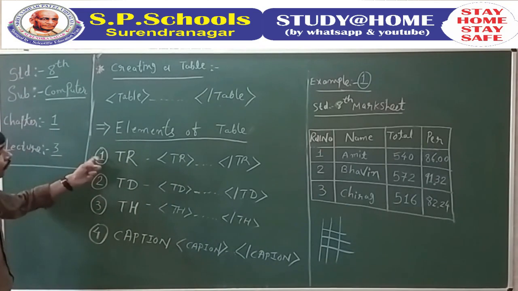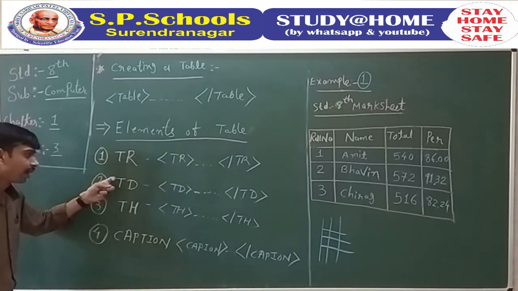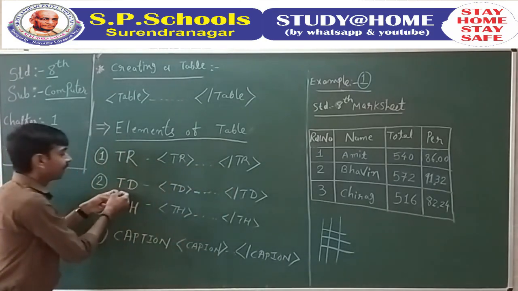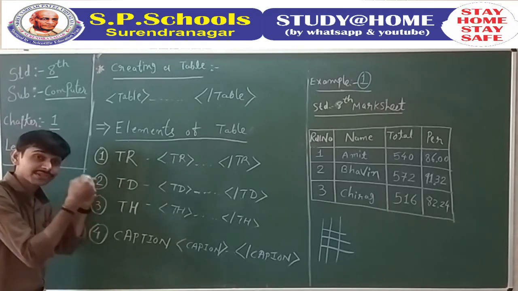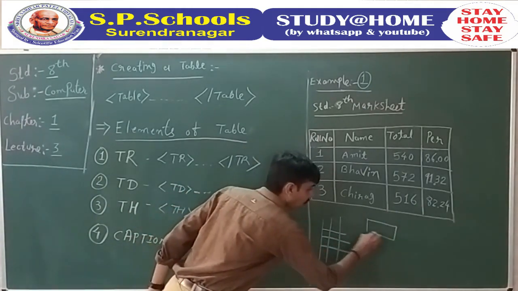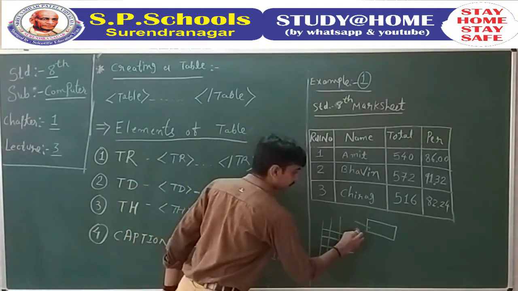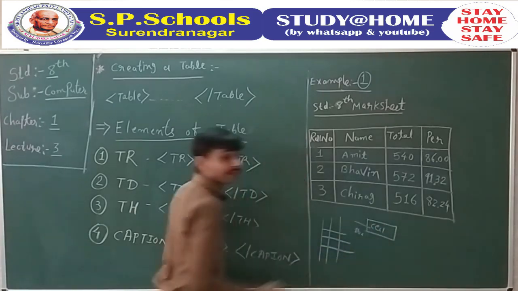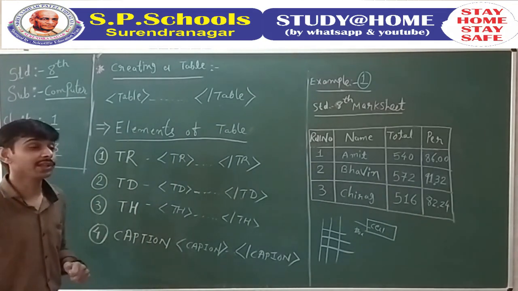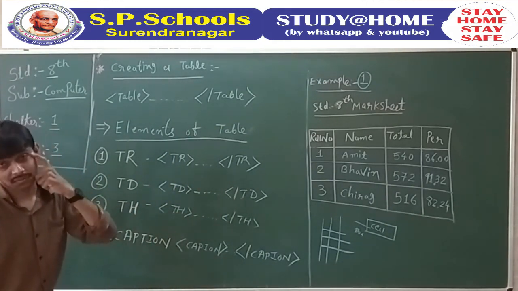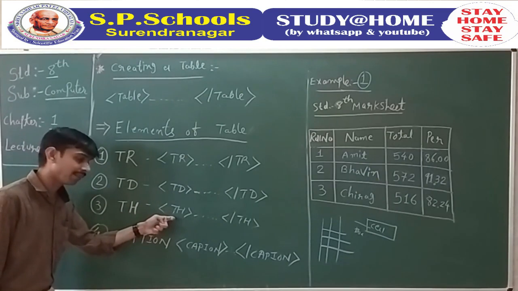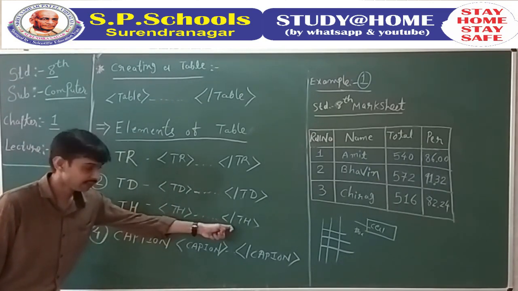Now we repeat it. First element TR, table row. It is represented by the opening of the TR tag and the closing of the row. Then TD, table data. It defines and describes the cell in a row of a column. For example, this box of row and column, what will we call this box? A cell. It is known as a cell. Where you write, where you do something in between, this box is known as a cell. Table heading, the opening of the table heading tag and the closing of it.